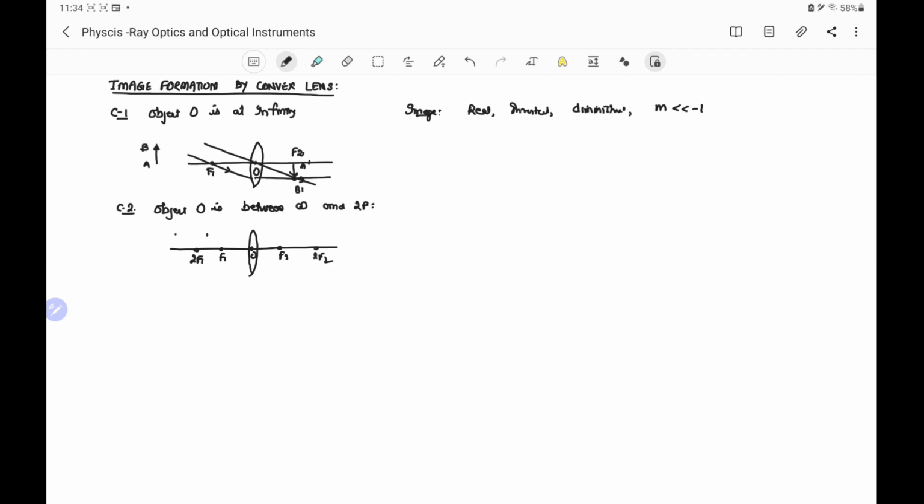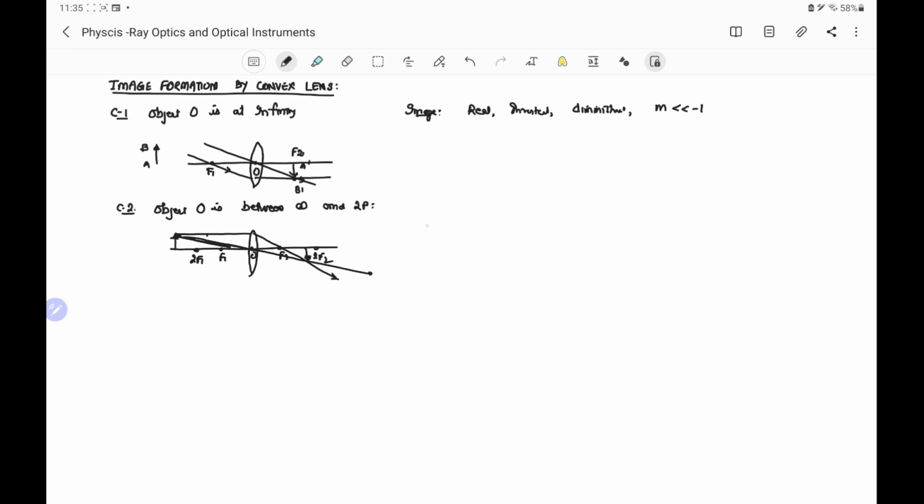Object is between the infinity and 2f1, so we take one ray parallel to the principal axis. This by property will pass through the focus after the refraction, and another ray is taken through the optical center which passes without deviation. So image will be formed between the f2 and 2f2, and this image is real, inverted